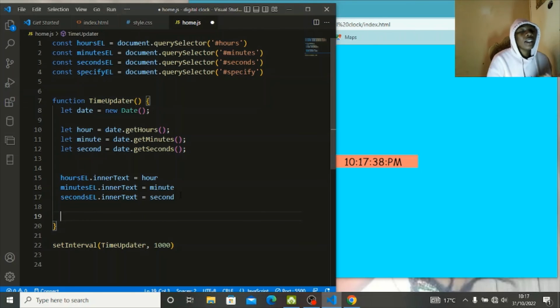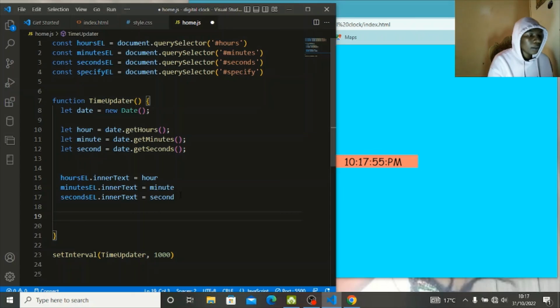If the hour is above 12, then we'll know that it is PM, right? So let us tell the computer how to find out if it's PM or AM. We're going to use the if statement, right? If an hour,